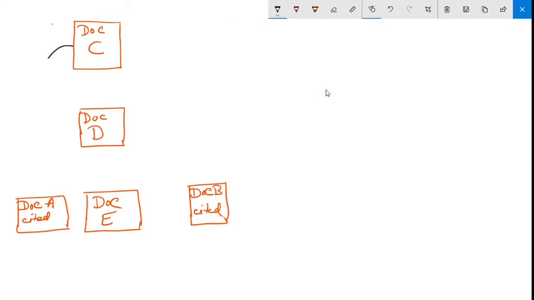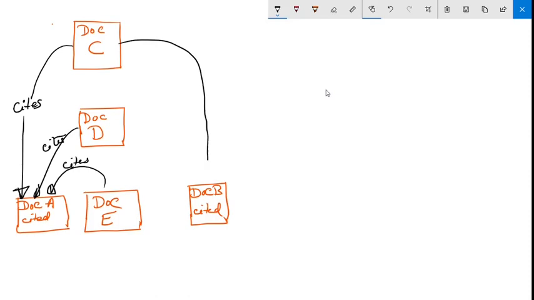Let's say document C cites document A, document D cites document A, and document E also cites document A. Similarly, document C cites document B,